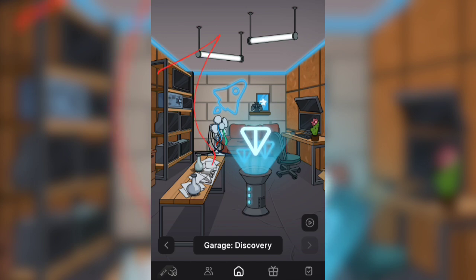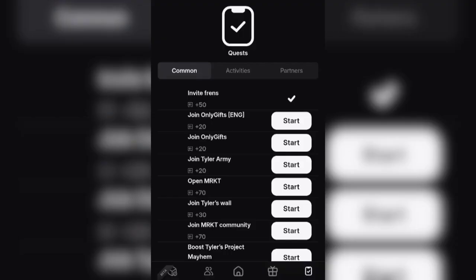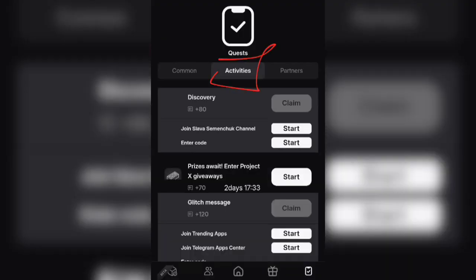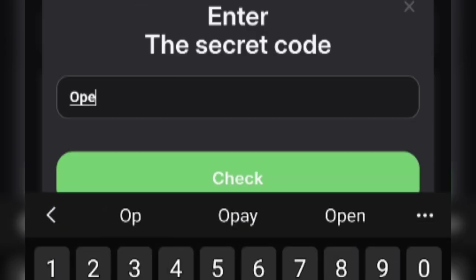So let's click on this section so that our code will be shown for us. So let's click on it. So the code for the day, it is not going to be showing for here, so it's going to be showing here, like as you can see, like often network, which is done. So let's come for a quest so that I should import it and confirm the code. Let's come for activities here always, and then let's enter our code. So here let's write our code, which is often network, which is done.